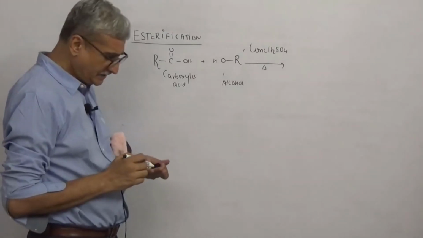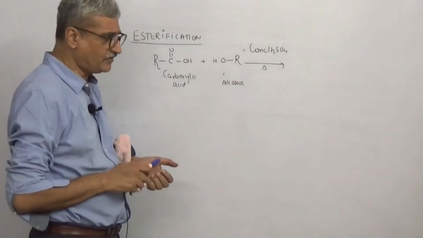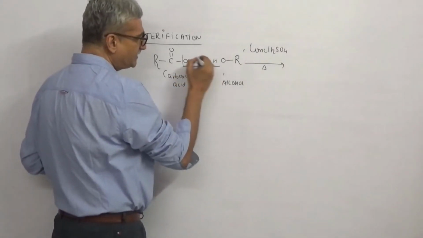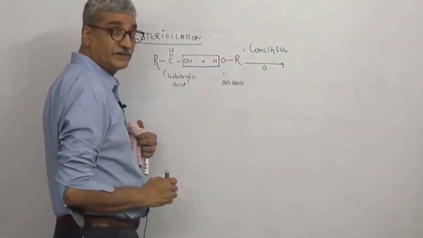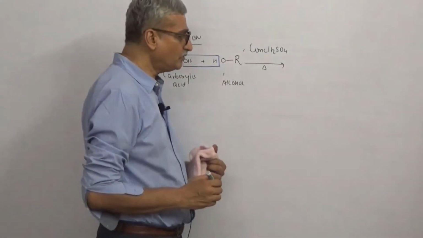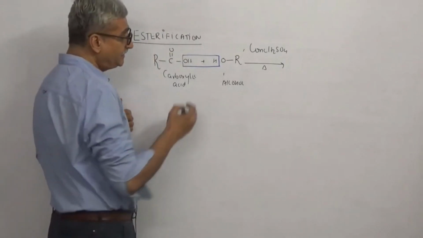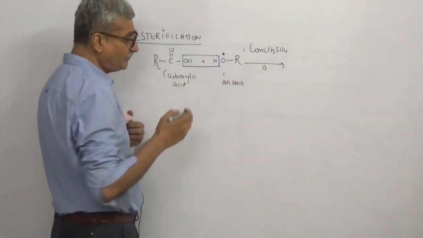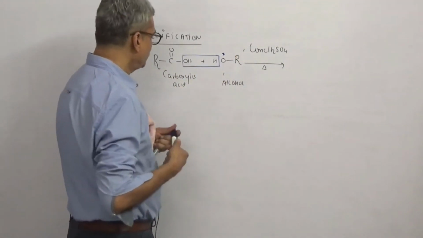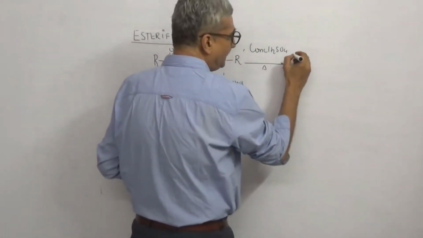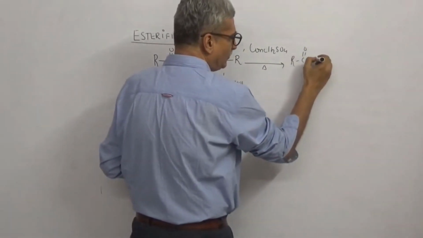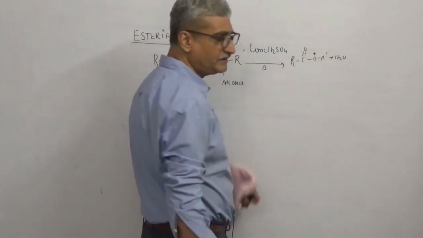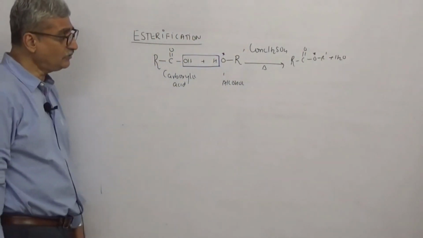The reaction goes in a specific form. What is that? The OH of the acid combines with the H of the alcohol. Remember this. How did they know it is OH of the acid with H of the alcohol? They had labeled this oxygen, made it radioactive, so the ester formed was radioactive. So you have R C double bond O R dash plus H2O. The label was over here, so they realized that this is how the reaction takes place.